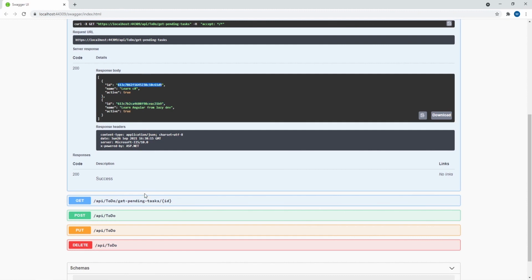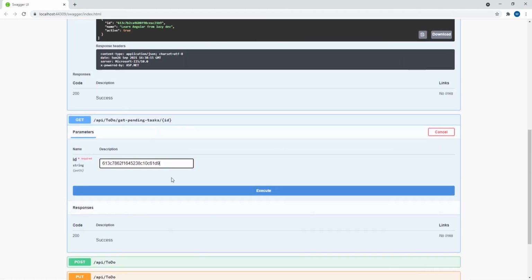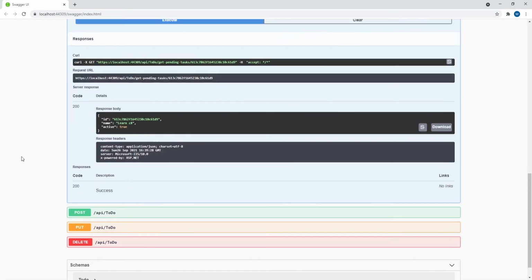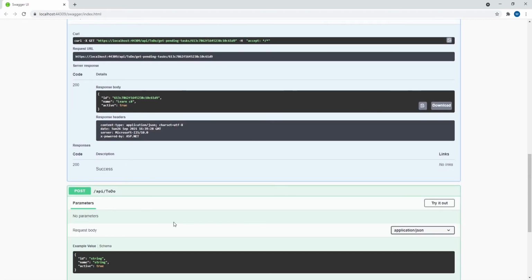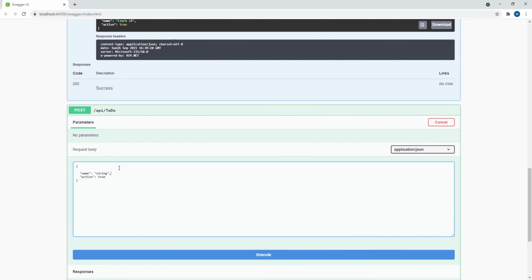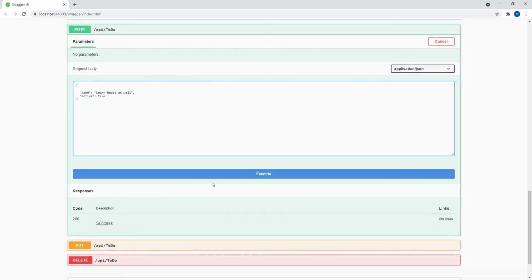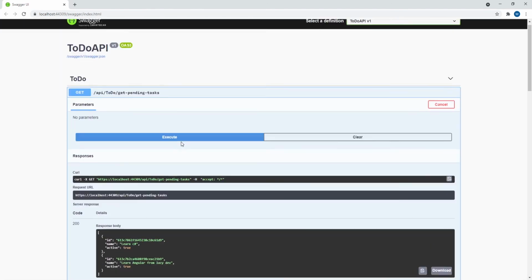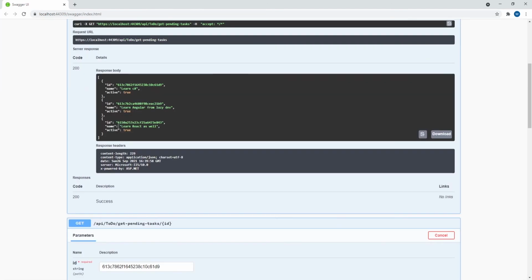So now let's try to retrieve one of these records. Try it out, execute, and here you see 200 OK response with learn C#. Similarly, all other endpoints should work absolutely fine. Let me remove this, name as learn react as well, and active true, execute. 201 created successfully. Let's go back to get all tasks, execute, and here we can see learn react as well added to the